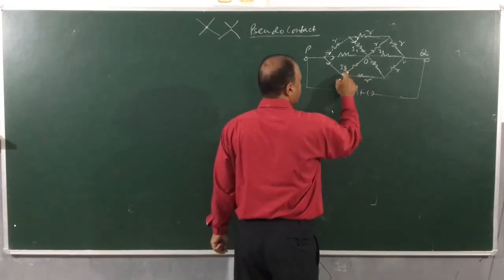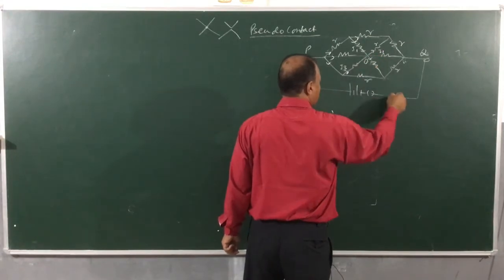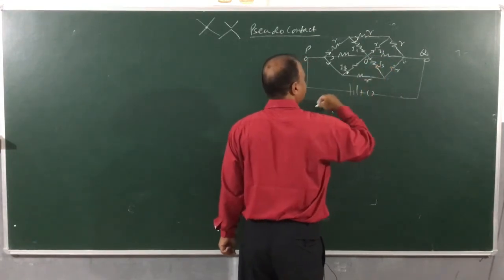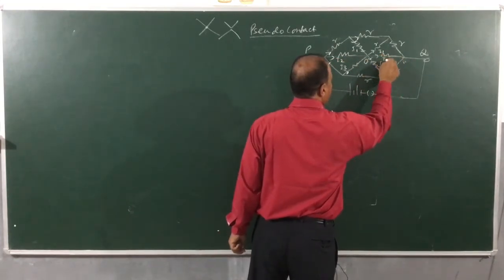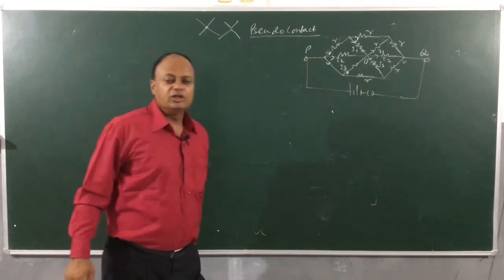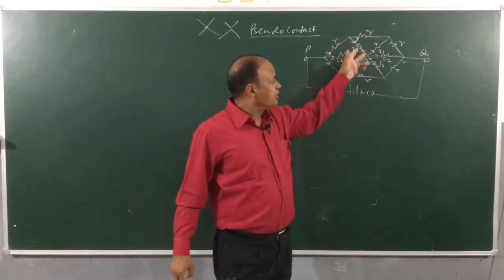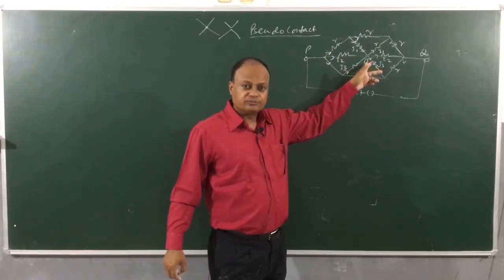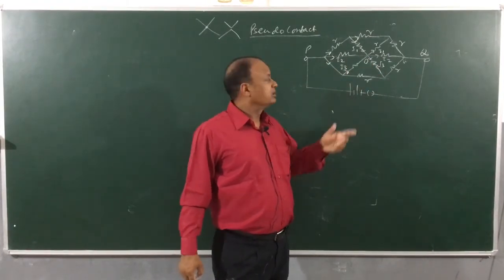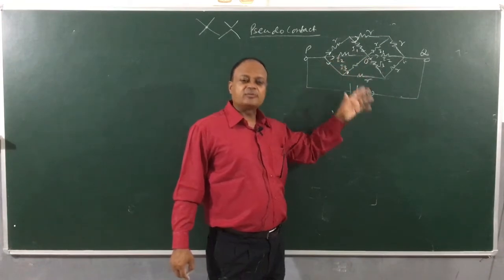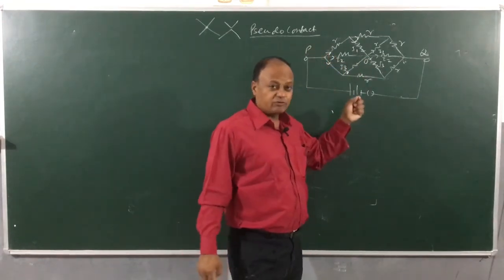Now look at this branch. Suppose the current is I3, then I3 will travel out to point O but will not divide. Same current will come back. If current here is I2, I2 will continue to travel straight as I2. So the beautiful thing about this discussion is that current is not dividing anywhere at point O. So O is called a pseudo contact, means it is not a real contact, it is not making a difference to the distribution of currents.